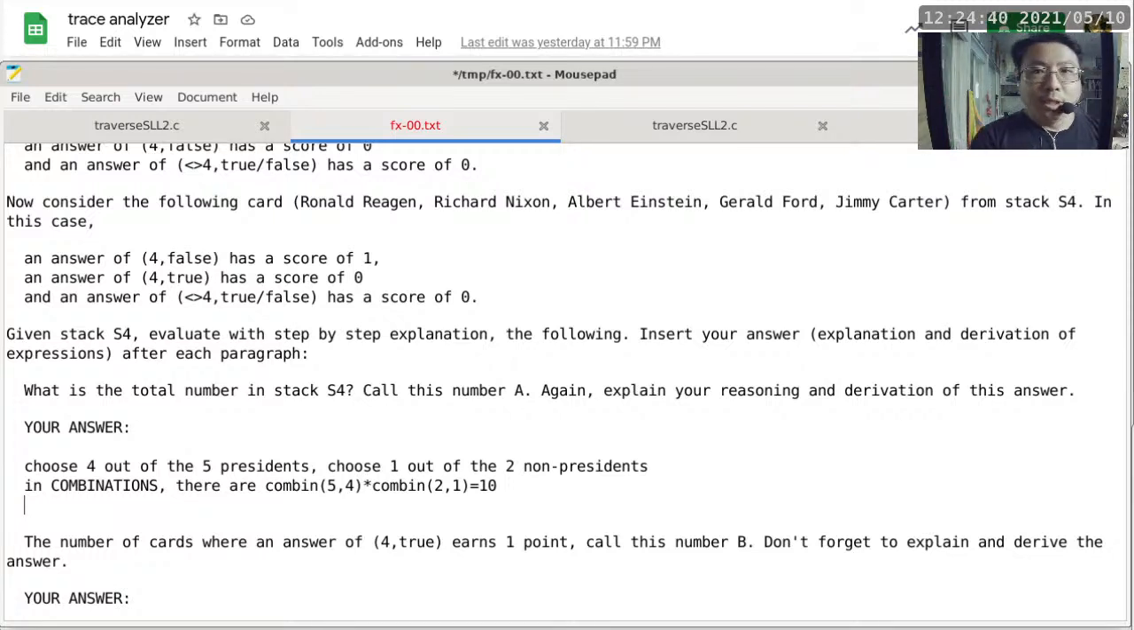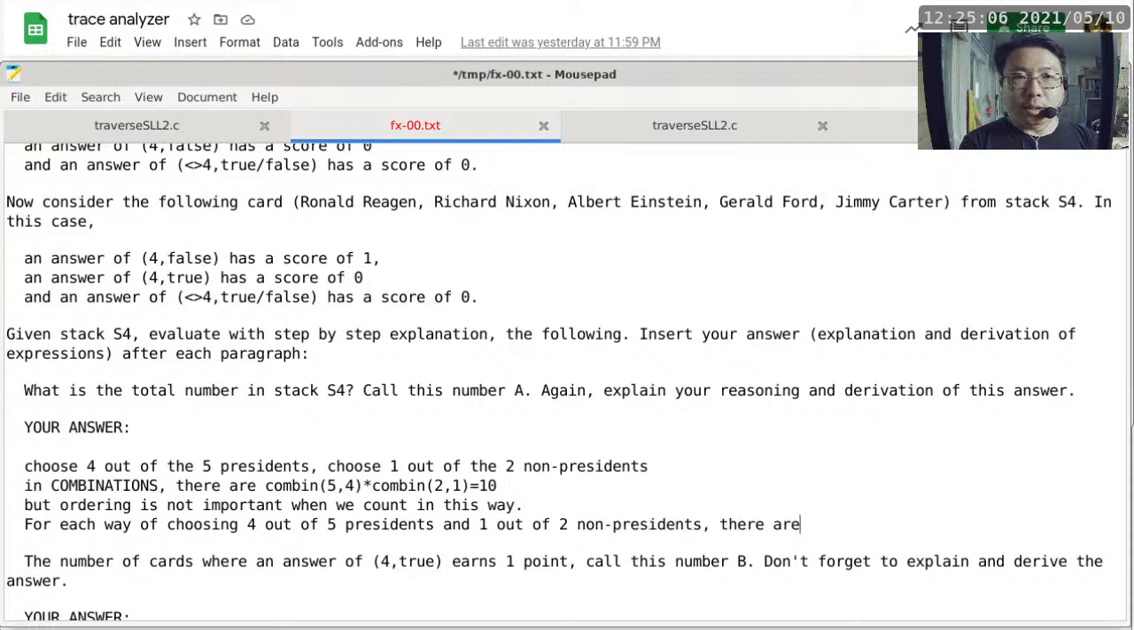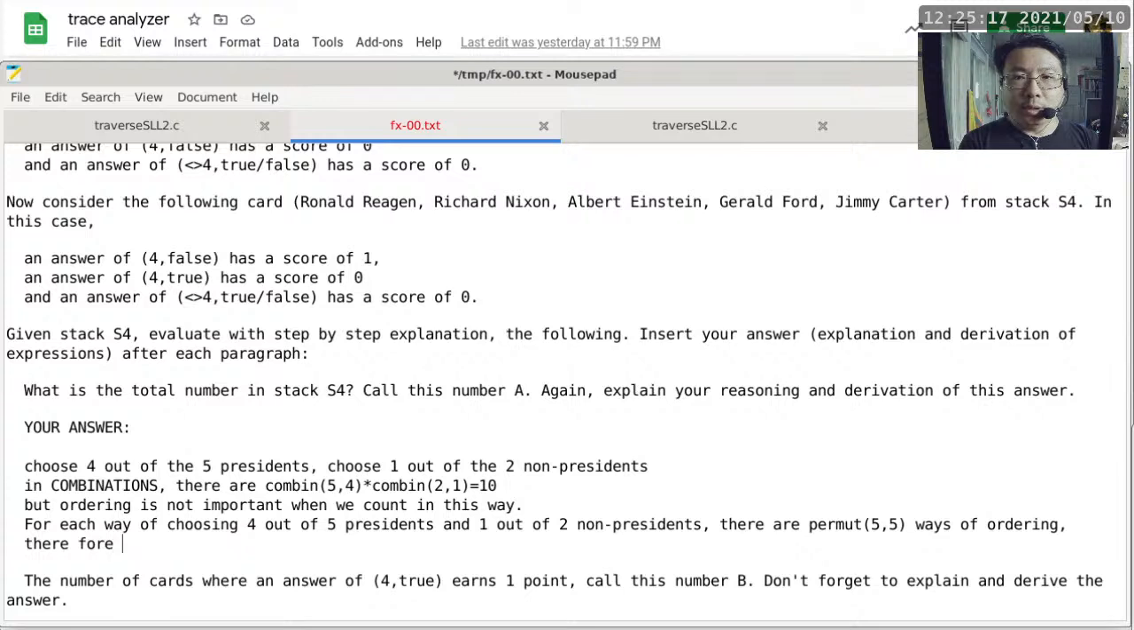Okay. But now we have to say, ordering is not important when we count in this way. So now for each way of choosing four out of five presidents and one out of two non-presidents, there are permutation 5 ways of ordering. Therefore, A, which is what I want to call the answer in this case, is permutation 5 times combination 2 1 times combination 5 4,